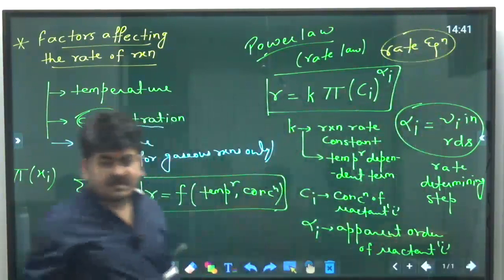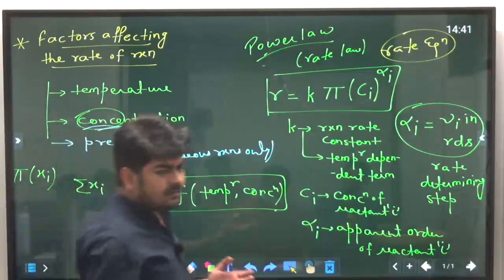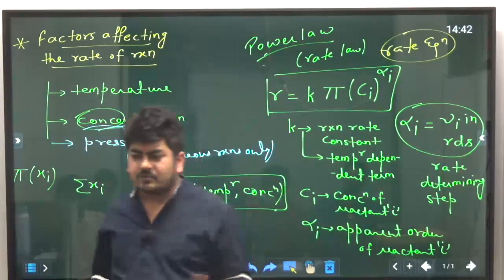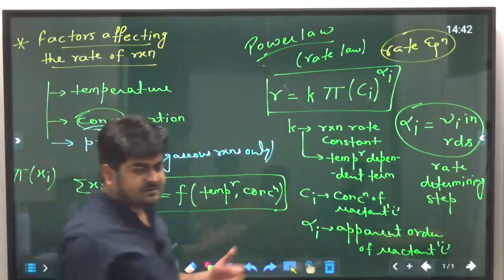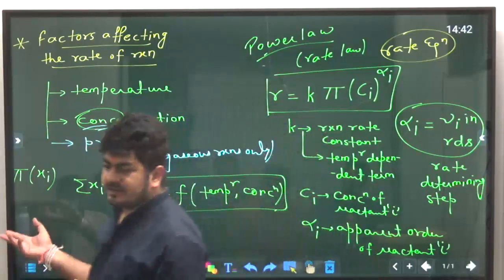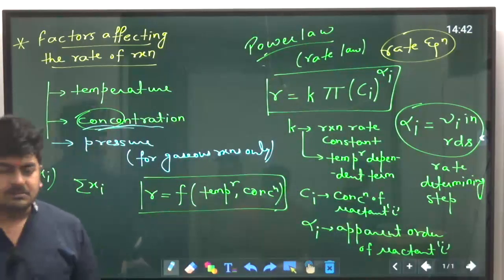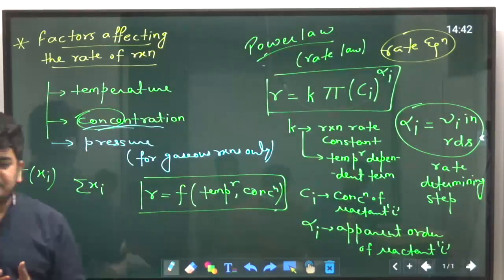So like if someone asks you what is equation of a state, what will you say? You must have heard about the ideal gas equation of a state, van der Waals equation of a state, Virial equation of a state, SRK equation of a state, Peng-Robinson equation of a state. There are so many. Okay. So cubic equation of a state as well. So what is equation of a state?